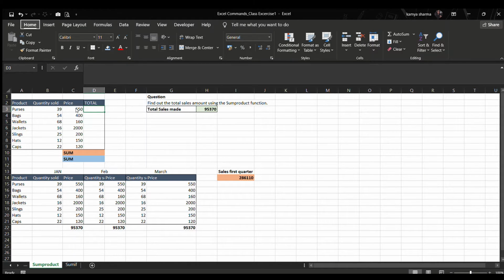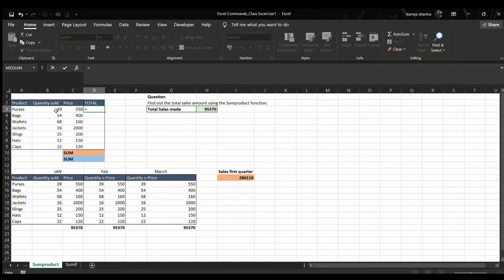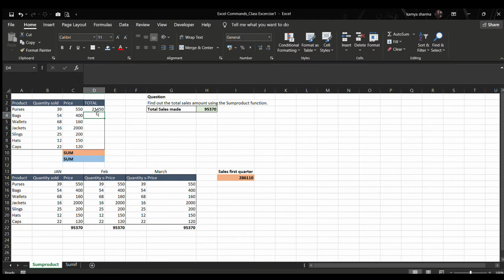So in simple words, it will provide you the total sum of all the products. For that we will require column D with the values. How? By clicking equals to and multiplying column B figures with column C. Like this we will get the total figure for each product.